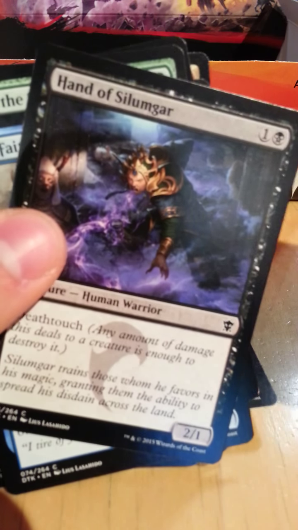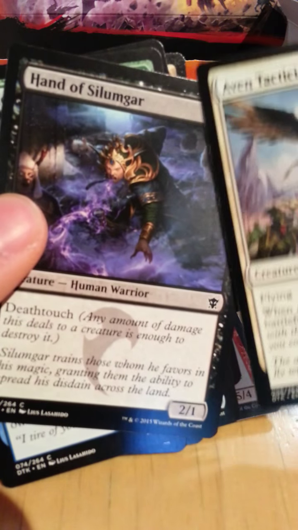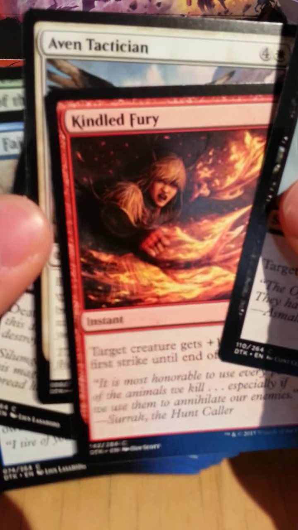I think we want the War Brute. I think you have 2 of those in the dash mechanic. Or do I just want the curve? What's your curve at right now? It's pretty low. I'm pretty happy with the curve. Pretty low. I'd go with the War Brute, but